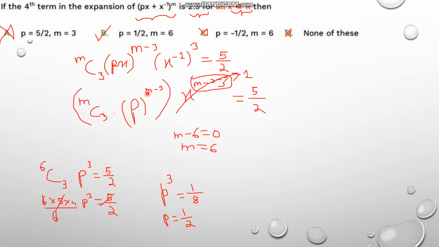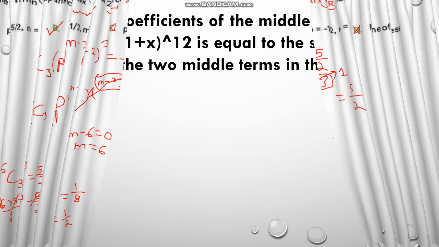Yeah. This is another question. The fourth term is given. We have to find the value of P and M. We saw the fourth term was independent of x, so we saw x to the power m minus 3, which was m minus 6, and this must be equal to 0. So we got m is equal to 6, as in options B and C. Then putting m equal to 6 in this equation and this to be equal to 1, we found the value of P to be 1/2, and we moved on. Let's start with today's content.